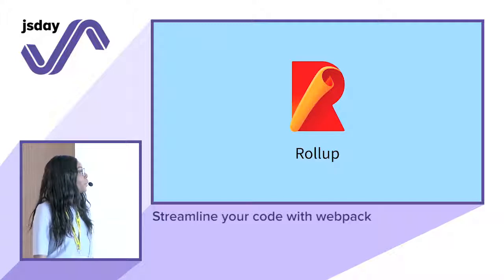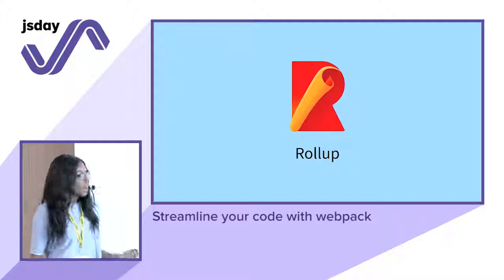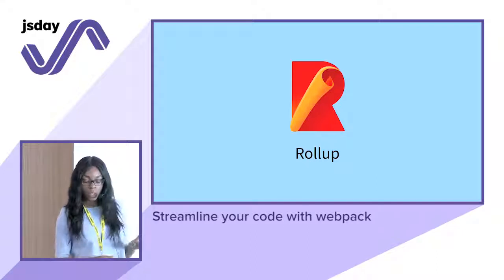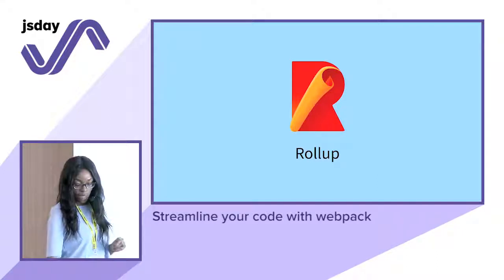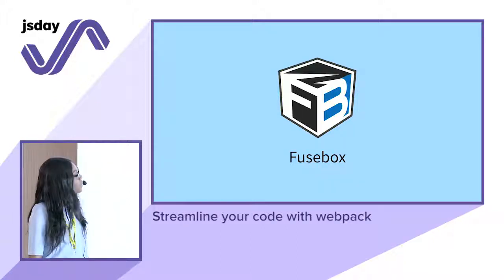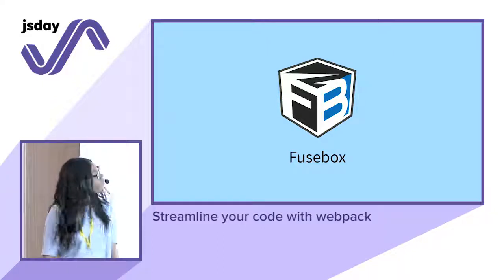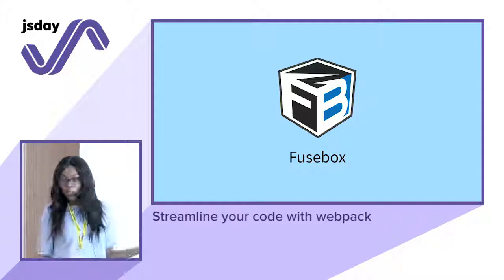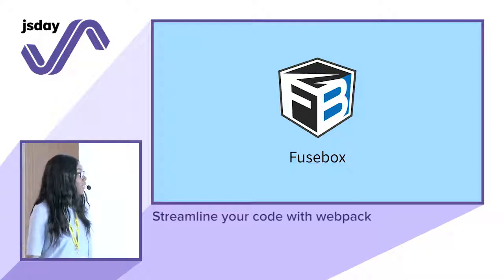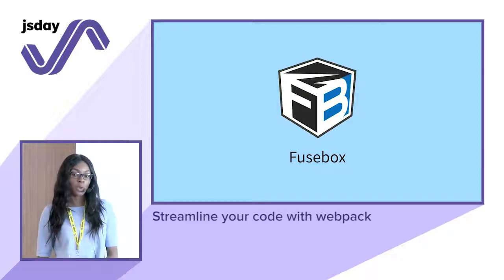There's also Rollup, where unlike Parcel, you still have to write configuration to get it set up. And apparently this is good for libraries, but has limited support for other file types like images and CSS. And then the final one that I found out, thanks to Reddit, is Fusebox, which is meant to be really performant and fast, and good for TypeScript users. So although I've talked about Webpack, you're not limited to Webpack as a tool. There are lots of other options available. So I definitely recommend having a look into how you can use it to help build your code in a more performant way.